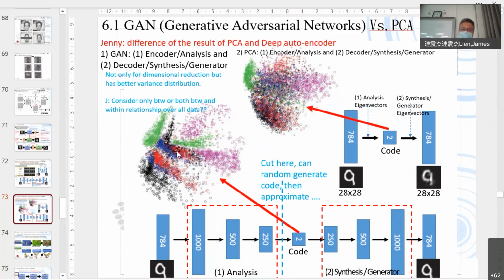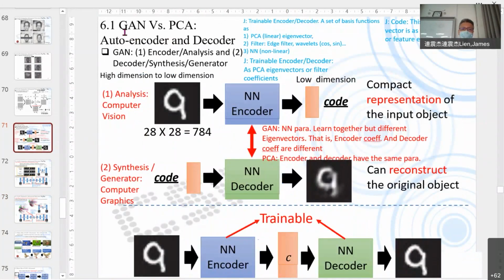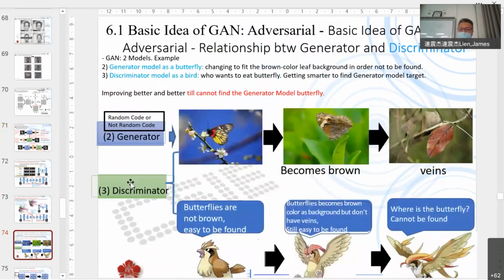Compared with the GAN, this is better. So back to here. We have a GAN, we have an analysis, we have a synthesis. Basically, this is PCA, but in the GAN, this part is better than PCA. The third part, we need a discriminator.